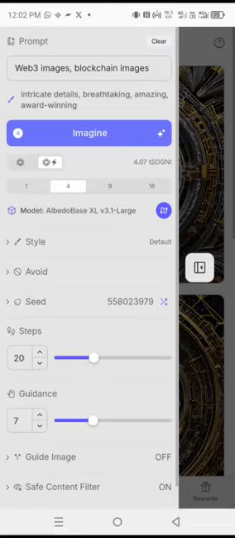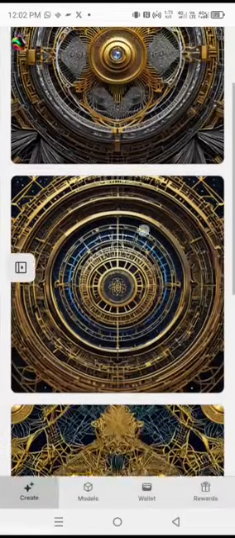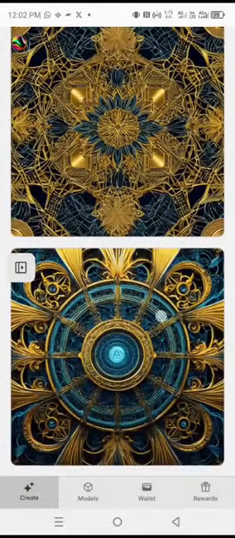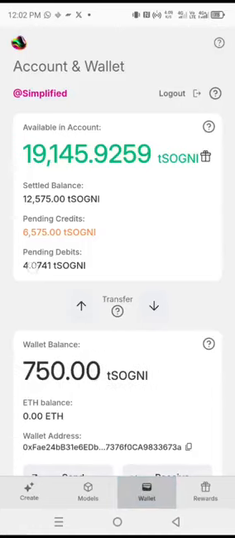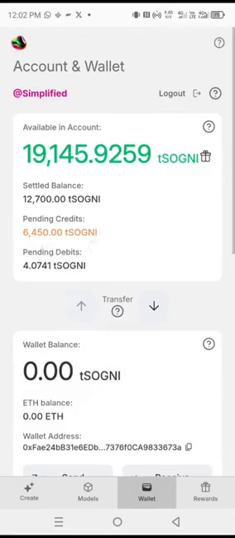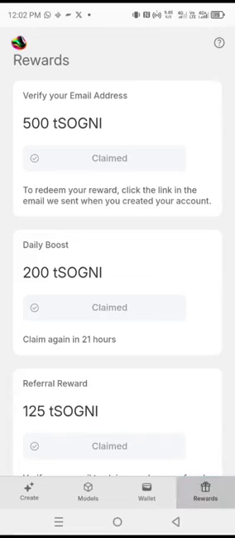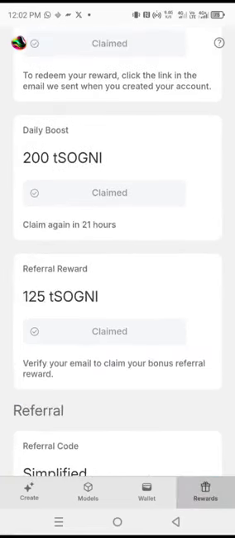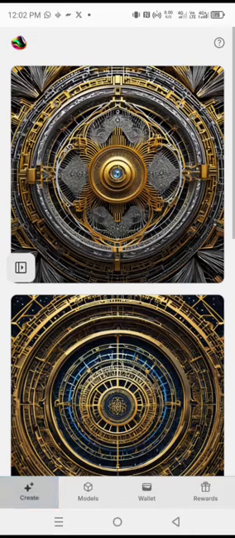So you can see that the images are already generated. My image has been generated successfully. So you can go straight to the wallet. Also you can see pending. All right, so I have a pending now. That simply means it will be debited from my balance. So every transaction you are doing, every task that you are doing is being tracked, and you will be rewarded duly for every